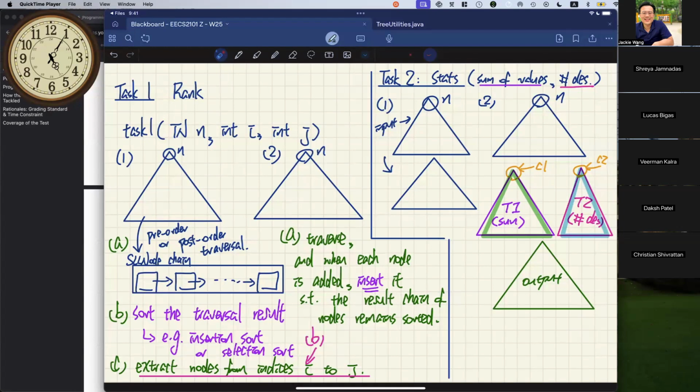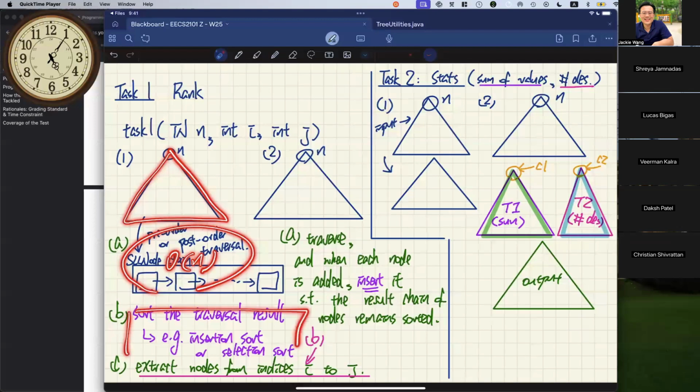And for task number one over here, let me see. That one also wouldn't make a difference, I don't think, because the idea goes like this. Let's talk about this one here. For you to traverse all the nodes, it's going to be big O of n, because you're going to visit all the nodes and add them to the list, right?